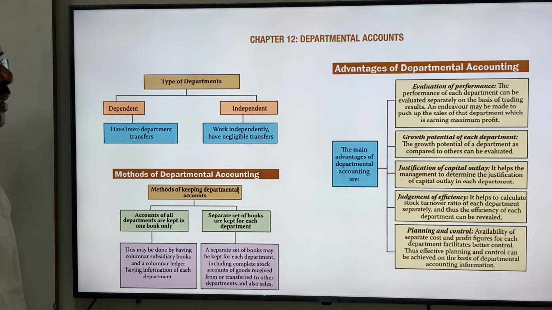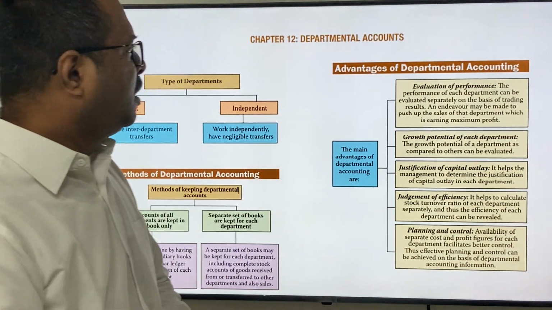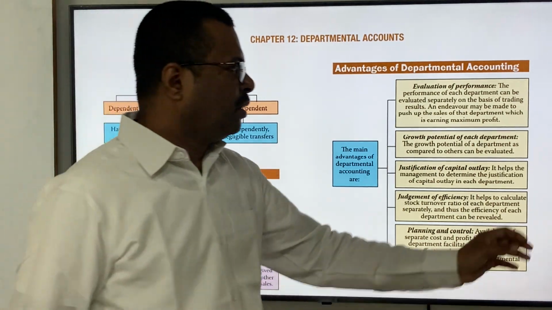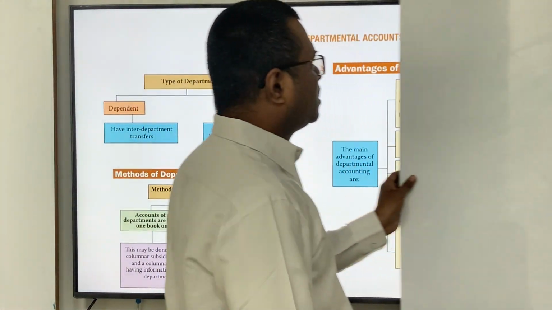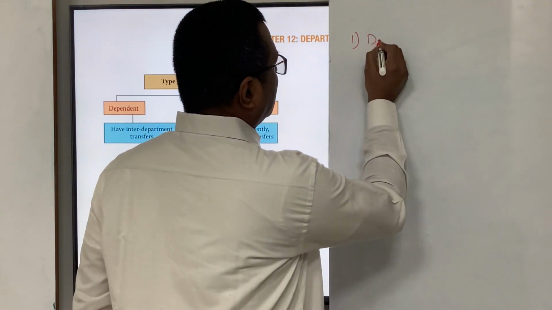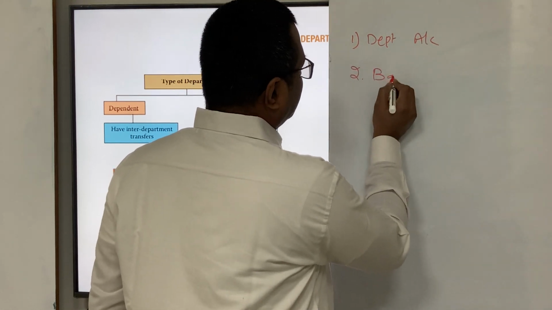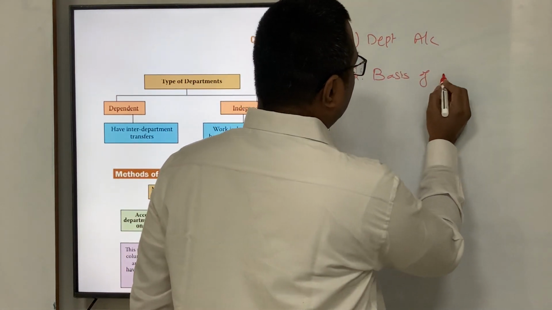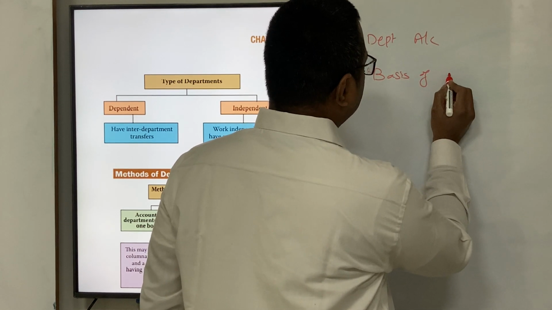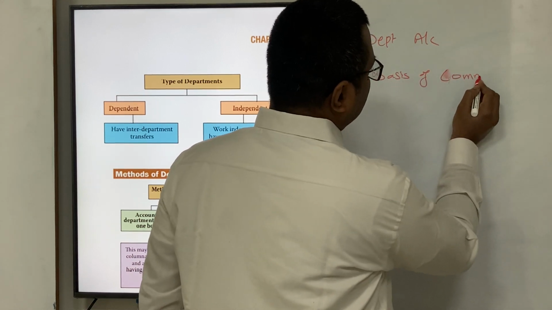Departmental Accounts. Chapter 12, CA Intermediate Paper 1 Accounting. In this session, we will learn what departmental accounts are, what the basis of allocation of common expenses is, and what the basis of cost is at which material or goods are transferred from one department to another department